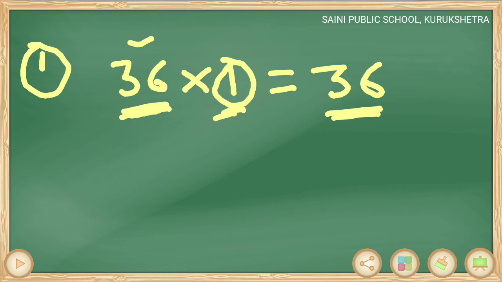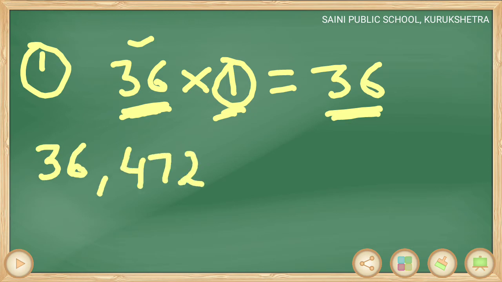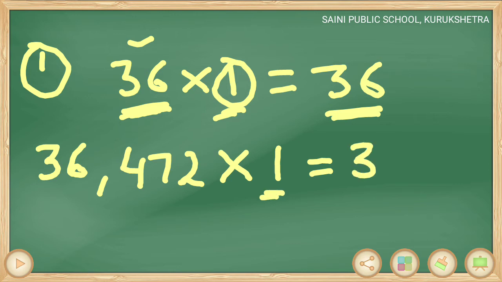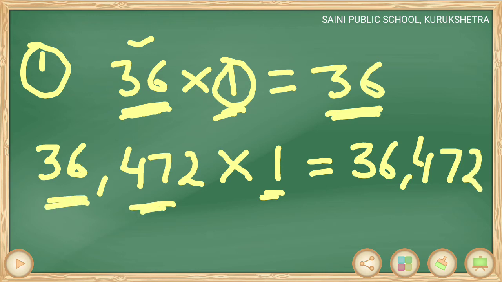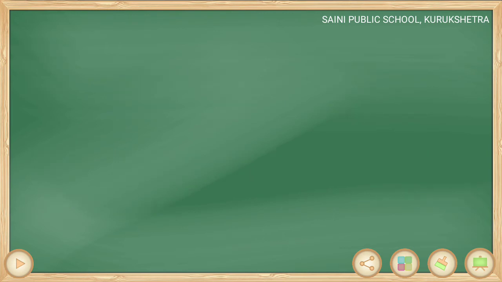For example, if I am taking a large number, 36,472, and we use the multiplier as 1, multiplying it by 1, our answer is the same, the number itself. So I have multiplied 36,472 by 1, so our product is always the same as the number. Now the second property